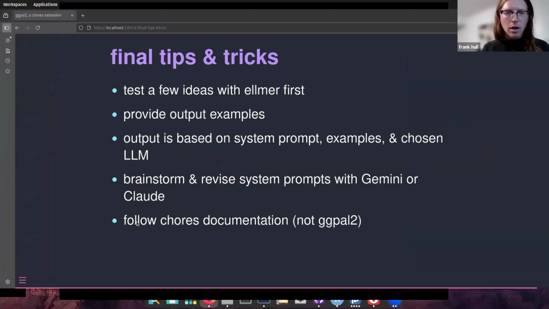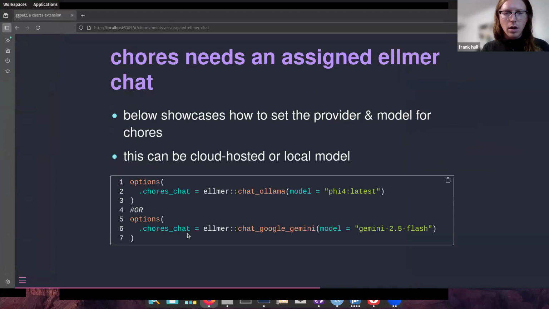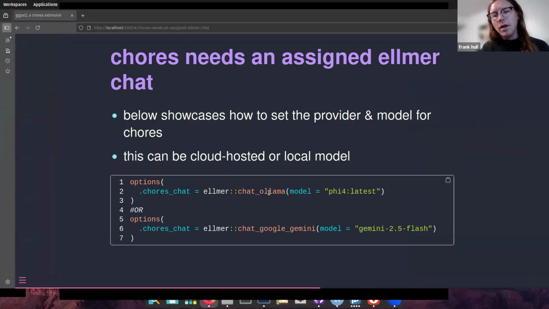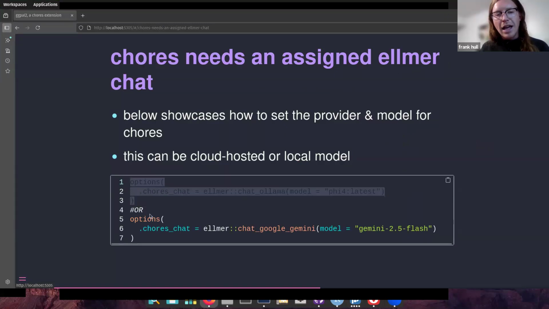Let's see here. So I think this is what Simon has assigned in the back end of chores. And the way that you would specify that is like here, I'm just basically using Elmer and then one of their chat functions and then any model. So like for chat Ollama, I have Ollama installed on my computer. I have 5.4 installed on my computer. I'm good to go with this. I guess a caveat here,